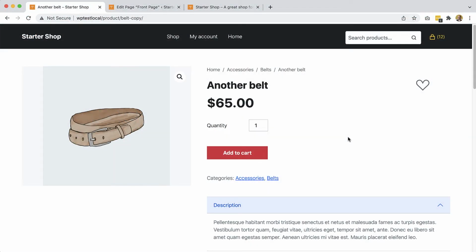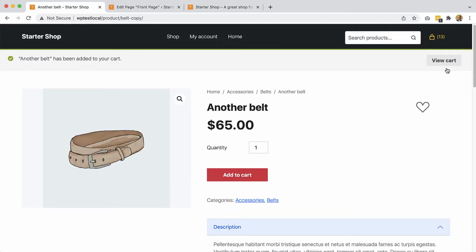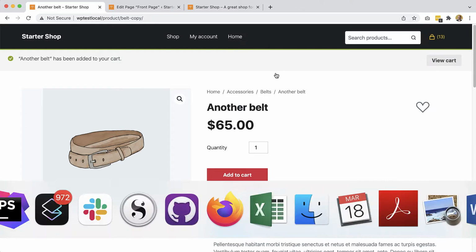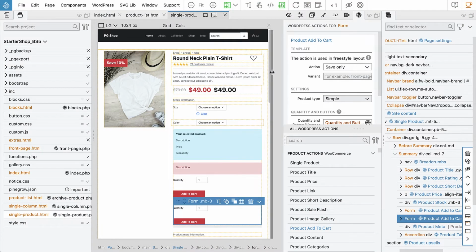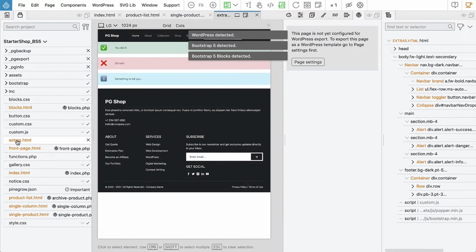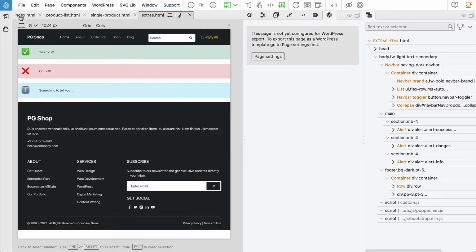At the moment when we add a product to cart, we still get the default design for the notices. And in PineGrow, we can customize that as well. So let's go back here, and we have a page called extras.html. Here we can define elements that don't really belong to other pages, but are used in WooCommerce,